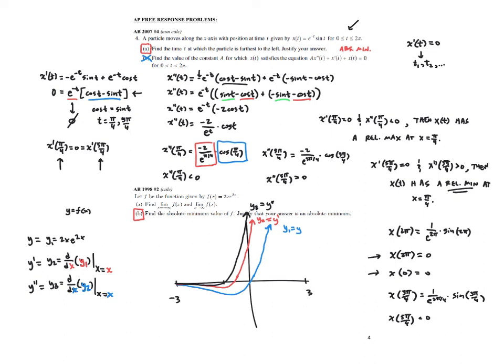Next, I know that there's an absolute min right here. I don't know what the x value is. You can't simply say there's an absolute min there because it looks like it. What you need to do is show that there's an absolute min there. And I know that this x value right here, at which this is true, is x equals negative 0.5. So I know that f has an absolute min at x equals negative 0.5,